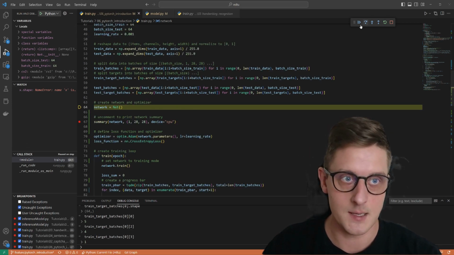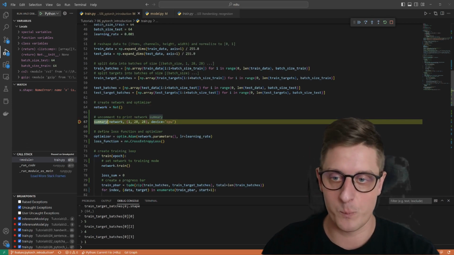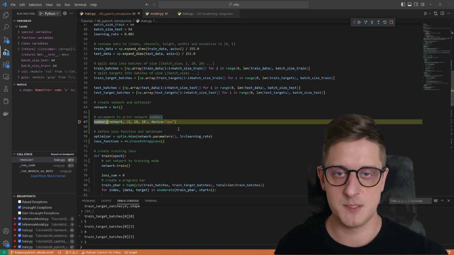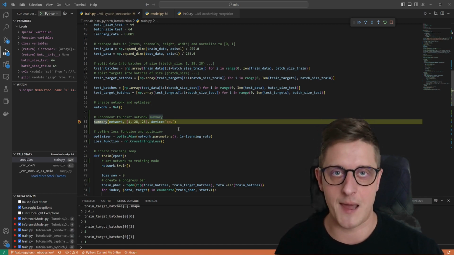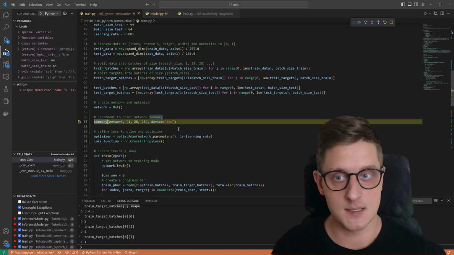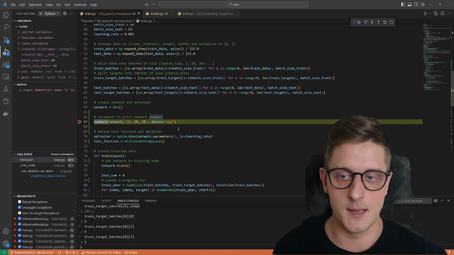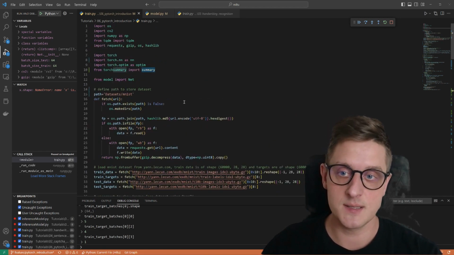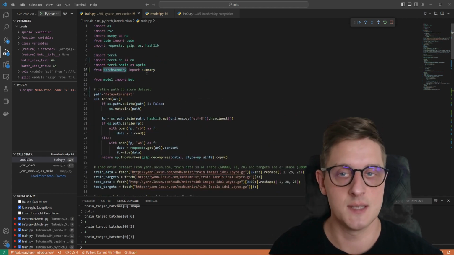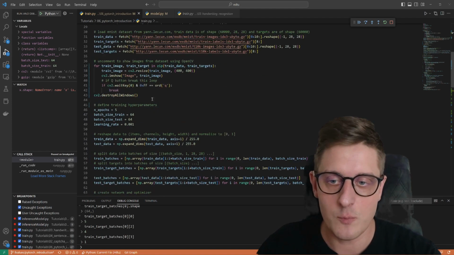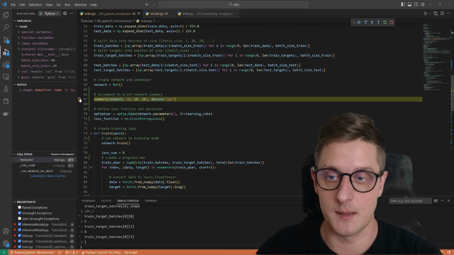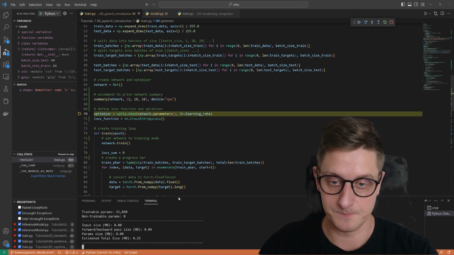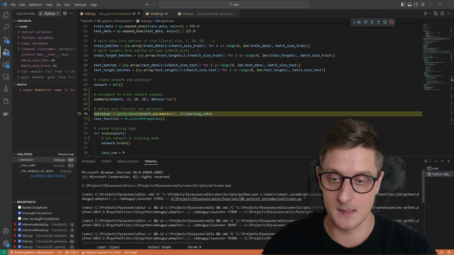The network is going to be defined here. And right now, this is a pretty specific function. In TensorFlow, there's a specific function, summary, that we applied on our model, and this gives us an architecture of our model. TensorFlow doesn't have this kind of specific function, but there's another library, torchsummary. If you install it, you might see that it will print us this kind of summary of our network. And if we go to the terminal, you might see